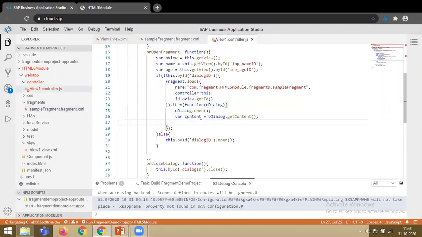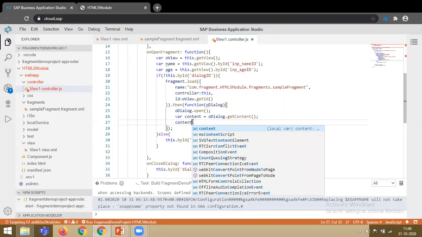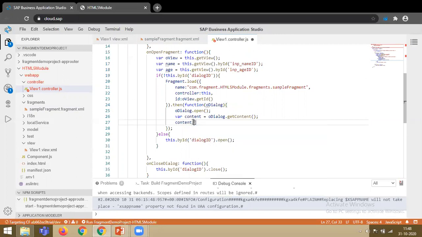Our content has an array of contents, so I can give the index as 1 dot setValue. For input, to set the value, we have the method setValue. So I need to pass name dot getValue.